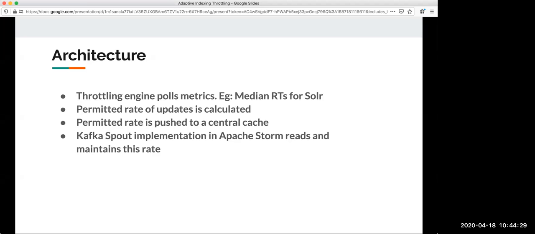So we said, okay, Solr can do these many updates per second at this point in time, looking at the read traffic, read health. Then we push that permitted rate to a central data store, and our indexing pipeline will read that permitted rate from the cache, and it will enforce it while making the updates.